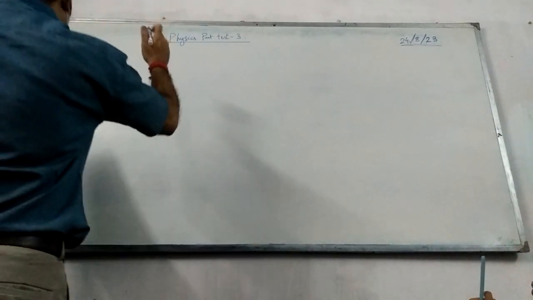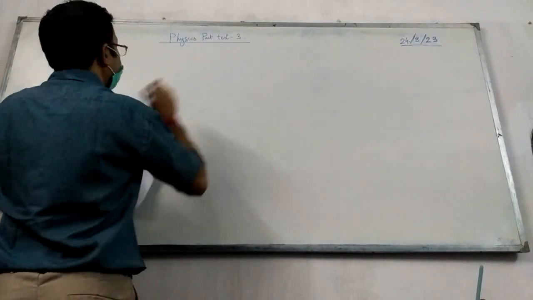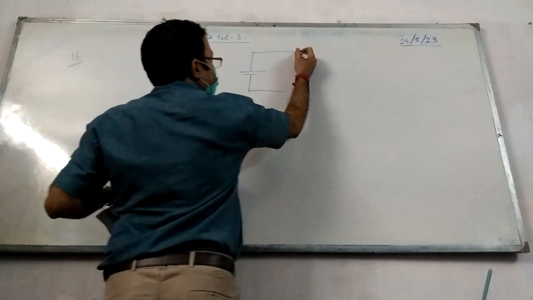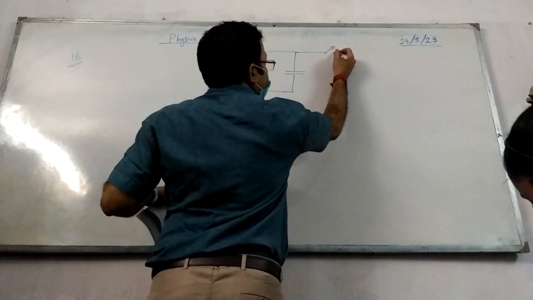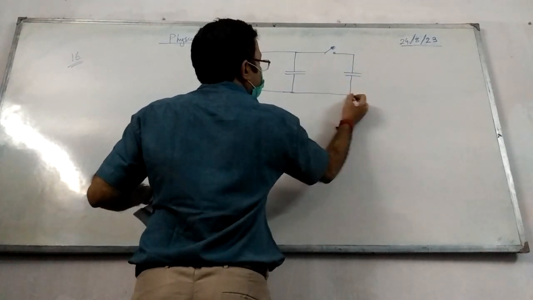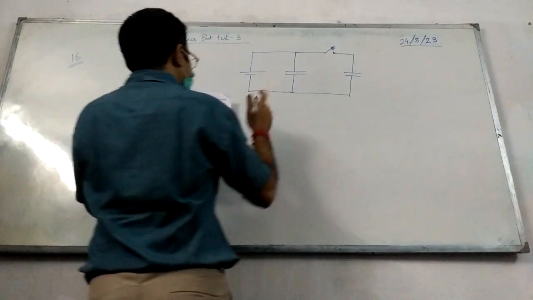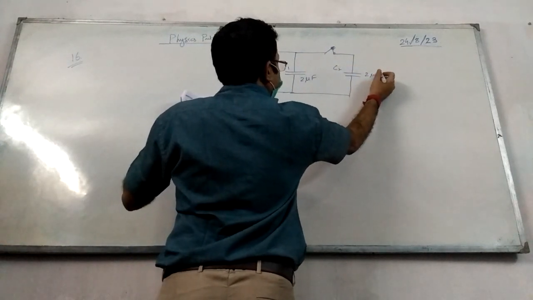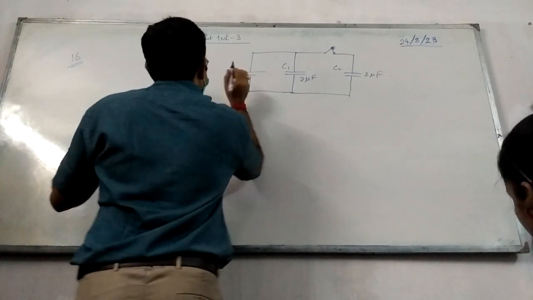Okay. Now the next question is question number 16. It says that a figure shows two capacitors. The figure is given on the next page. So this is the scenario. We have one capacitor and the other capacitor connected with a switch. Initially the switch was closed and the capacitors C1 and C2 are 2 microfarad each, and the potential difference of the cell is 5 volt. Okay, so initially